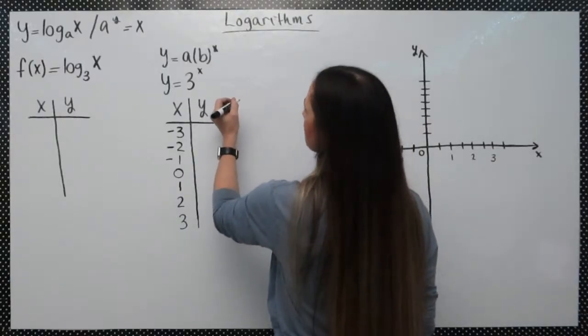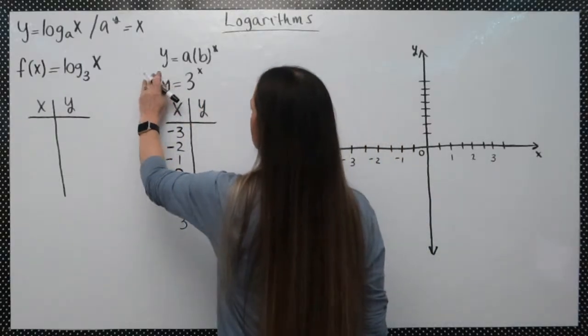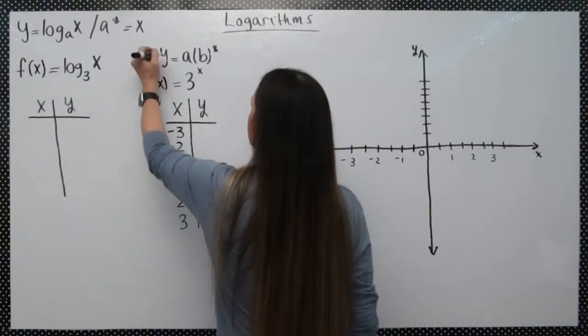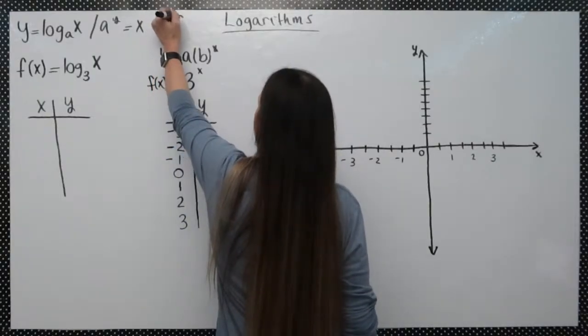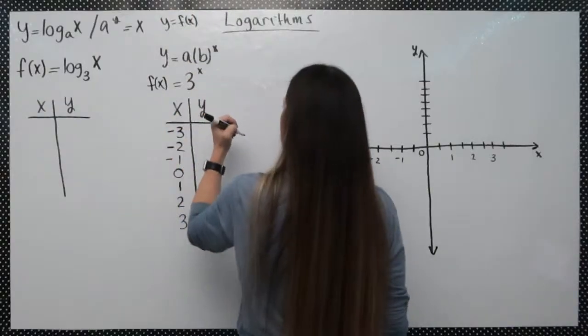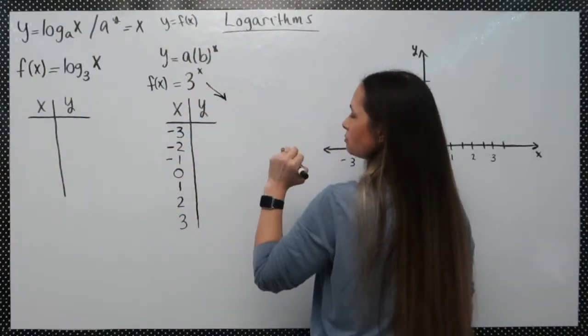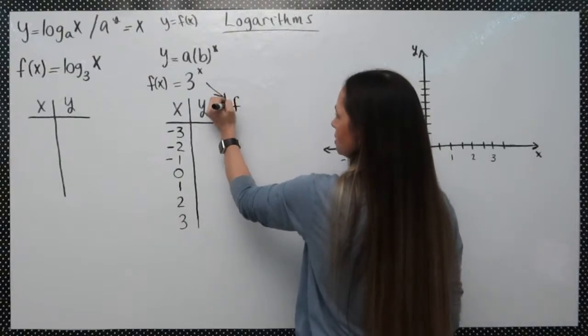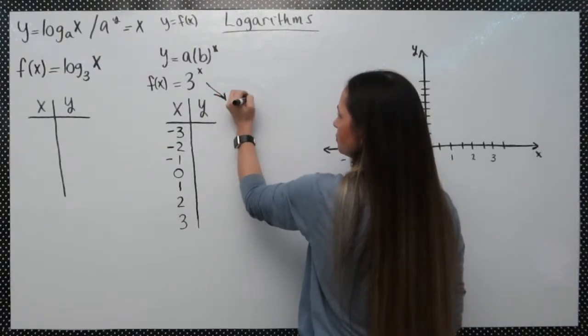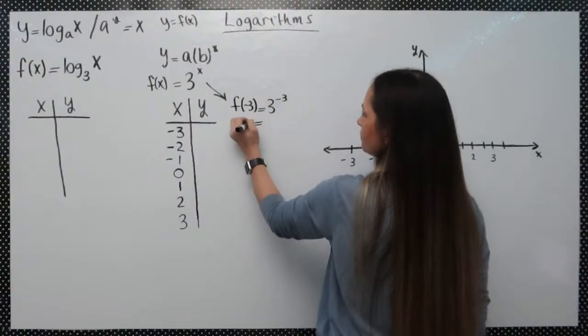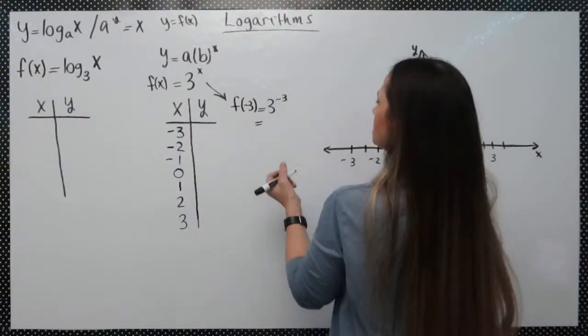So we're going to change this one to f of x, because y equals f of x. So I'll go ahead and just do this here and try and see how small I can keep the math. So f of -3 is going to be 3 to the -3. And that is